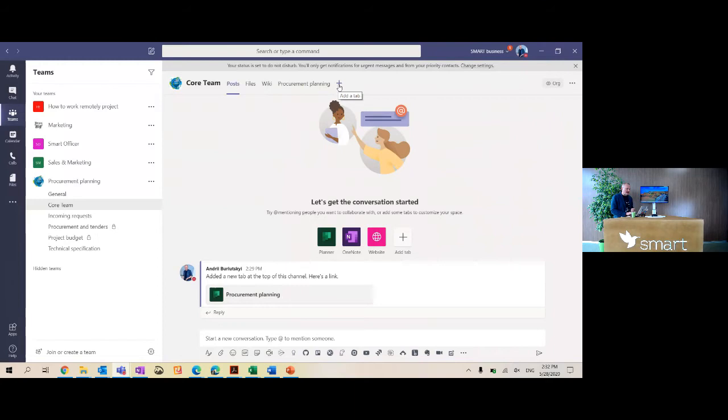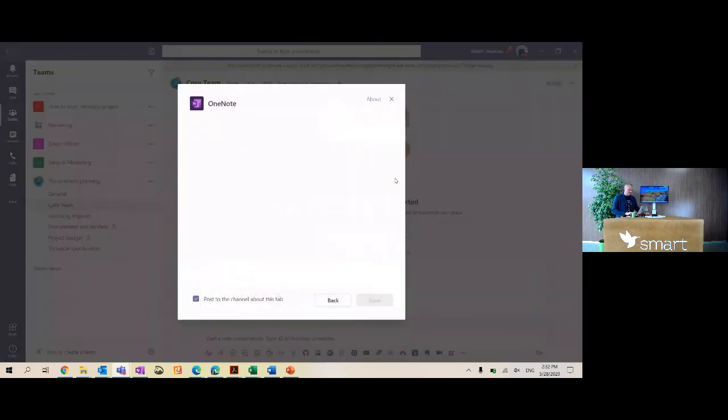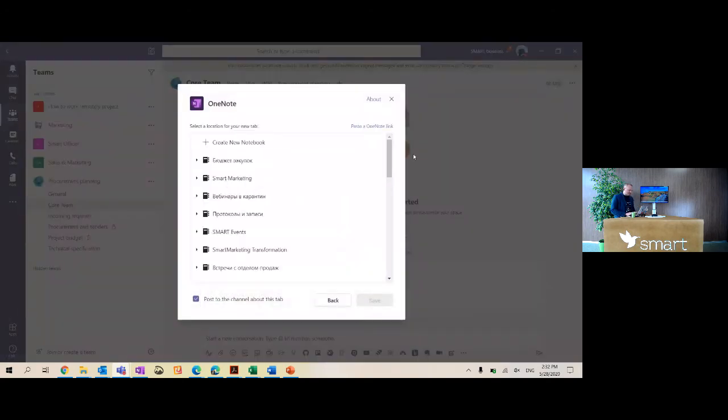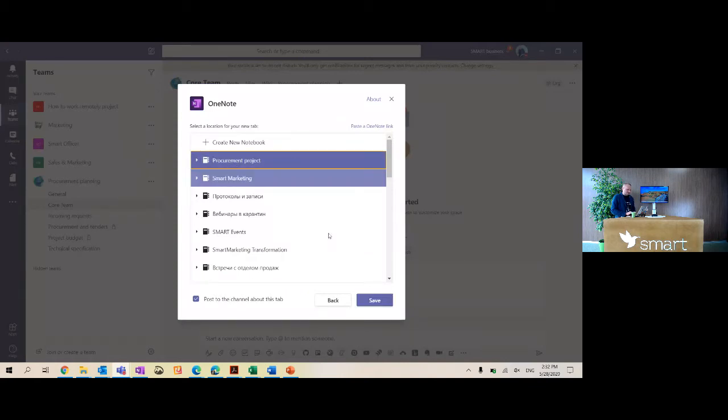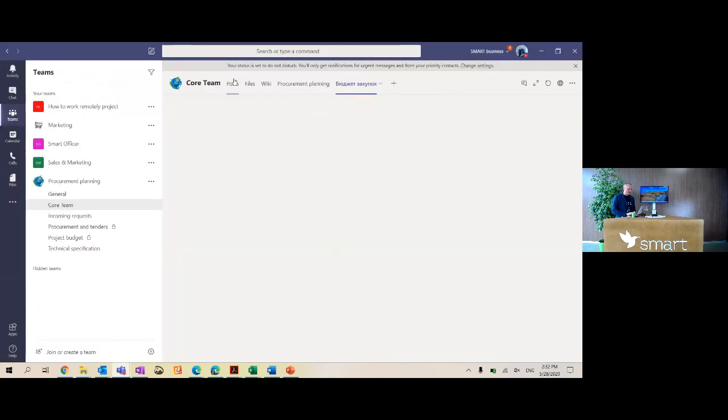What I'm doing here, I'm adding a new tab and selecting OneNote. Where is our OneNote? Here it is, OneNote. I'm clicking it, and I need to select Procurement Project. You see it? Okay, save. When I click save,